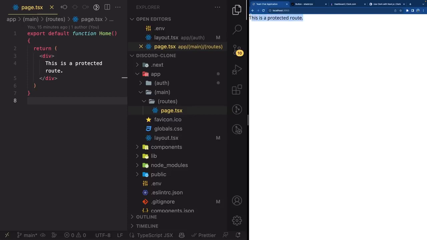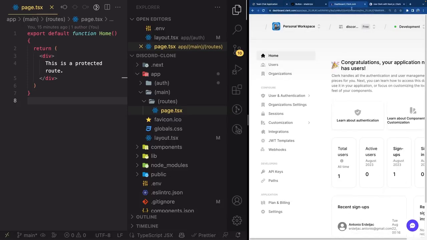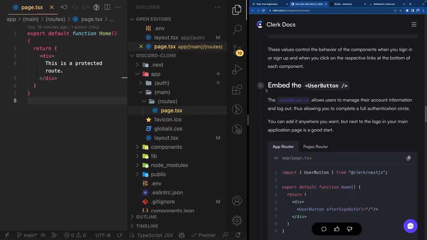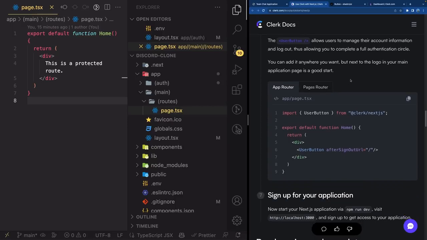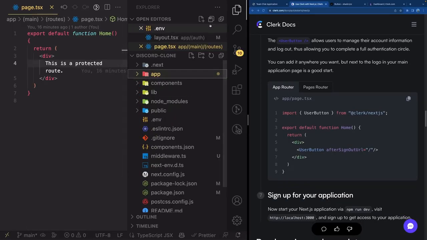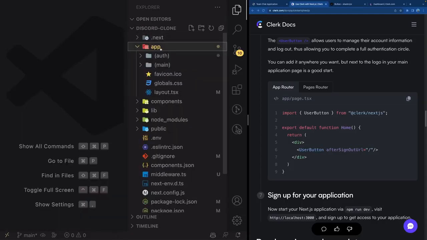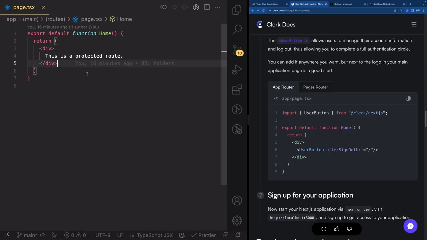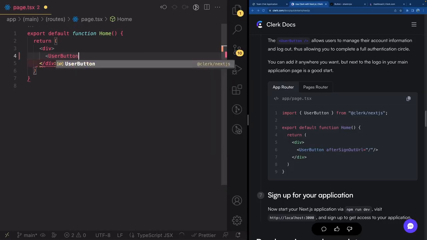Now I need to add something to log out, right? What we can do is use this very cool component that Clerk has, which is in step 6 in the documentation, called UserButton right here. Again, make sure you pre-selected the app router. I'm just going to close everything and go back inside of your app folder, main routes, page.tsx right here. Instead of saying this is a protected route, you can remove that, and instead let's add the UserButton